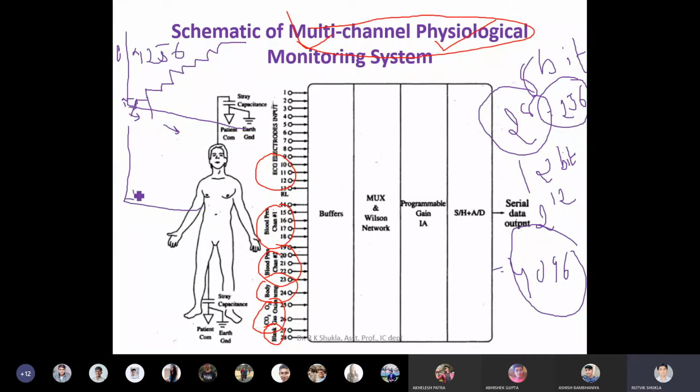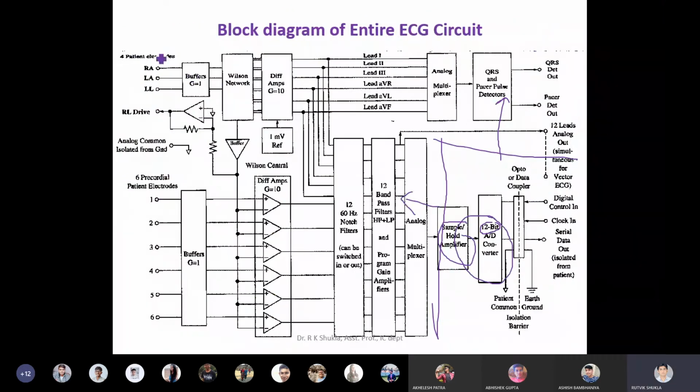Now if I'm using 12-bit ADC, I'm getting a graph like this. It means the size of the step will reduce. So for the same range, I am getting 4096 steps. In the same area where 256 steps come, here 4096 steps come. It means for the same value of input, I am getting better discrimination between the two input levels. So while we are concentrating on the accuracy of the overall system, at that time we always have to look for higher bit of ADC.